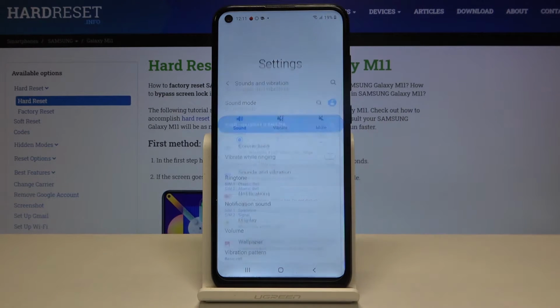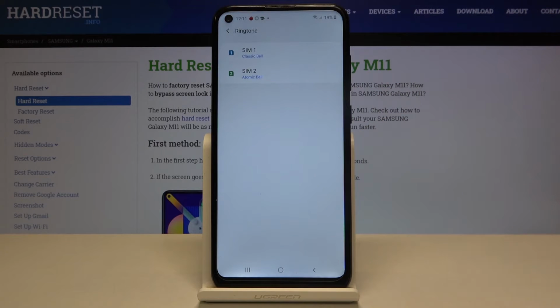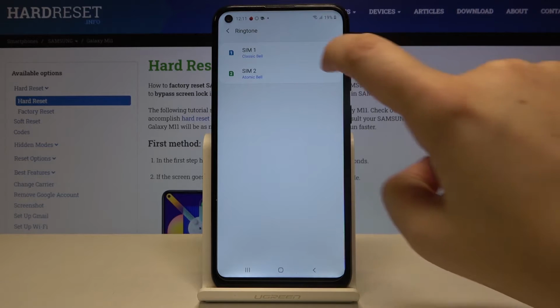Now let's tap on sounds and vibration, and as you can see here we've got the whole ringtone section. We can change it for calls, this is the first option, and for notifications. So let me pick for example the calls. Now you can choose the SIM card for which you want to change the ringtones, so let me pick the